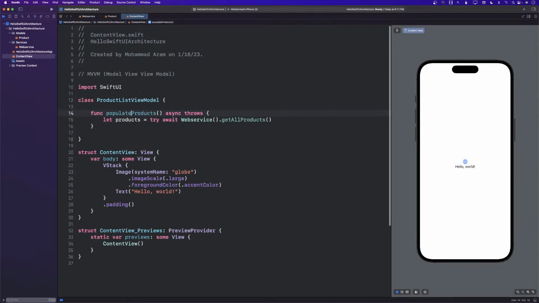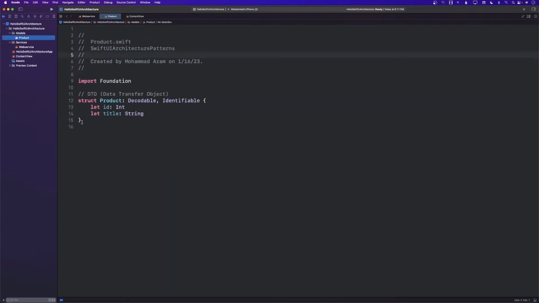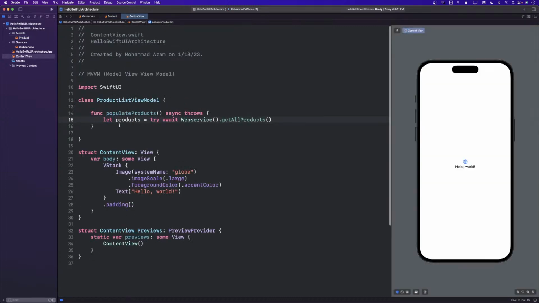Okay, so we have a populate products inside the view model, but whenever the data is returned from this web service, it's going to be of type product, the DTO objects, which will be kind of like this. So now we need another view model that will represent the actual product when it is displayed on the screen.